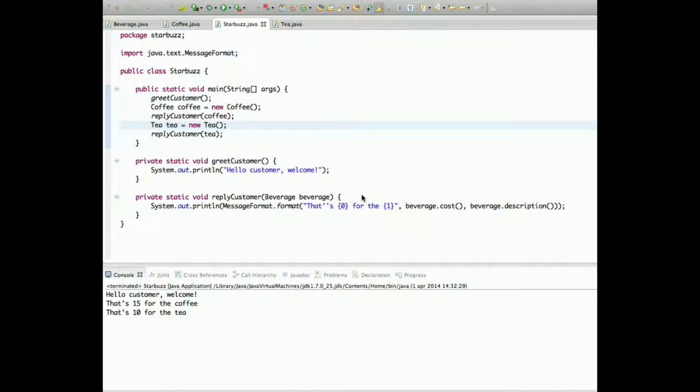Welcome to this lecture in design patterns and the decorator design pattern specifically. Our scenario is a coffee shop, Starbuzz, where we serve customers coffee and tea. And the current implementation of our coffee shop